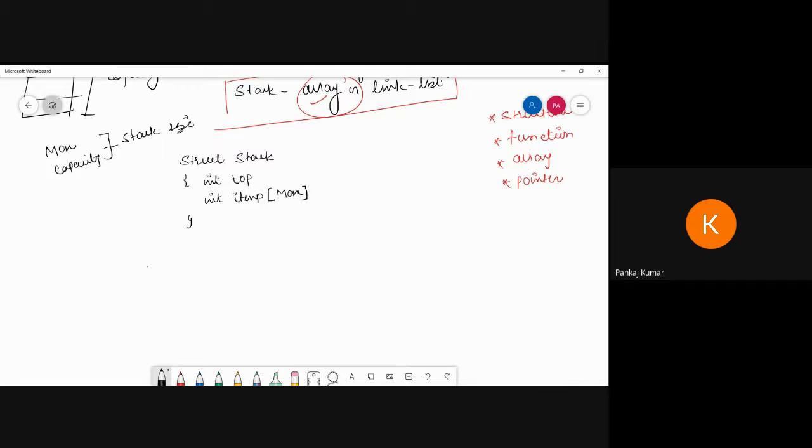After that, I create user defined functions, like struct stack st, where we perform different types of operations. Then you will see how the main function calls all these things. First we are creating a typedef.